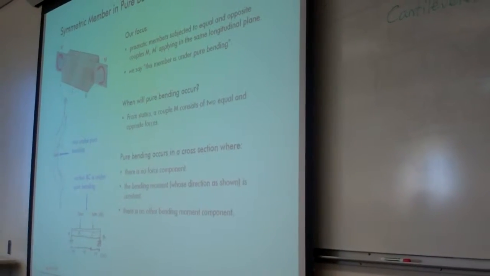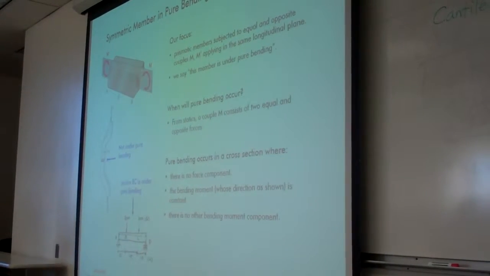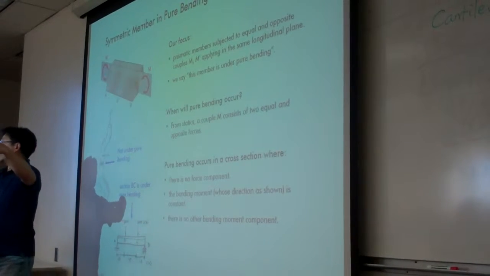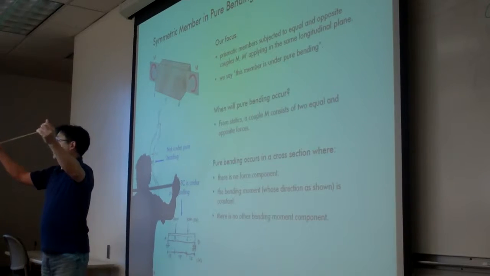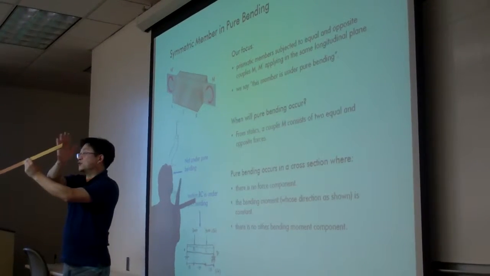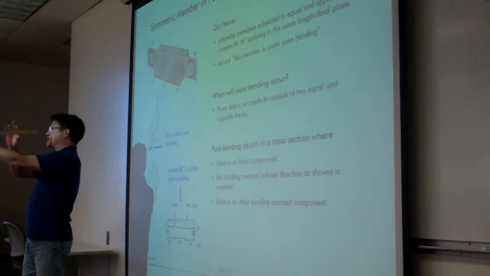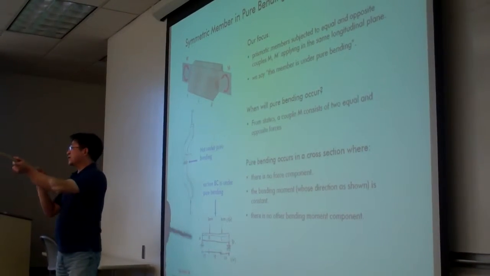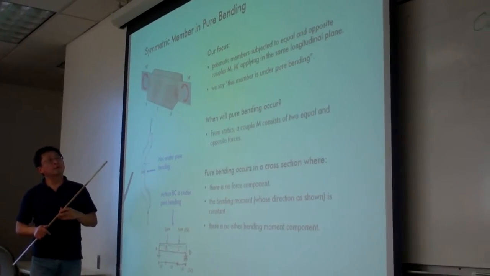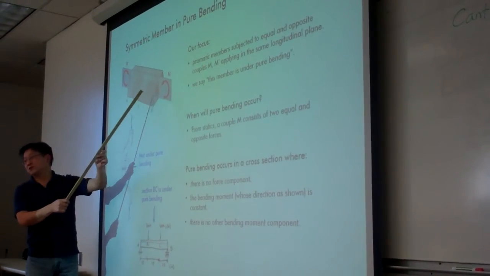Now we come to some basic definitions and assumptions for this chapter. We consider pure bending like this: we consider a beam, and we apply the bending at the two free ends. So we bend it like this or like this, then the whole thing will be under pure bending, which means at every single cross section, the bending will be the same in magnitude. Furthermore, you can see the model I use is very thin, the aspect ratio is very thin, right? If you think that is a little bit fat, like this one, here we want to assume, to eliminate unnecessary modeling, that the bending is applied on the surface of symmetry. So that means